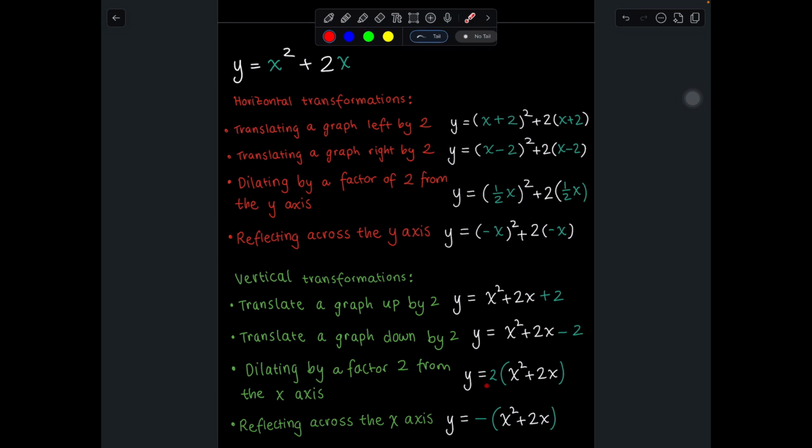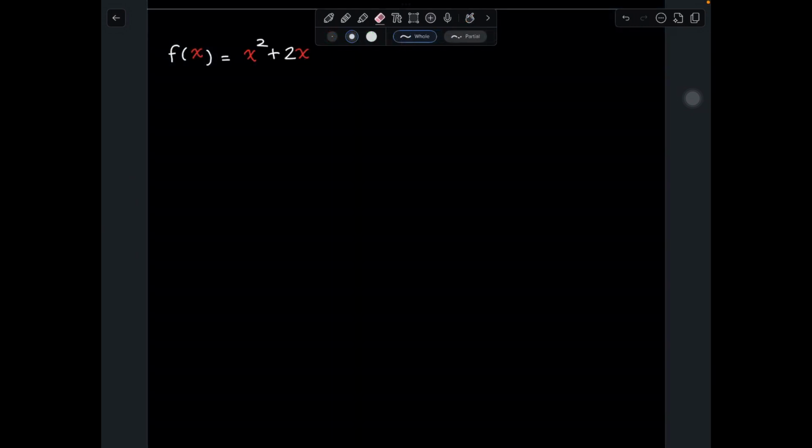And what you do is you multiply the entire graph by 2, as you can see here, and there's brackets here. Remember that, because you're multiplying the whole graph by that number. Then finally, reflecting across the x-axis, you multiply the entire graph by a negative 1, and you can see the brackets here as well. I also want to show you how to apply the transformations that I just taught you